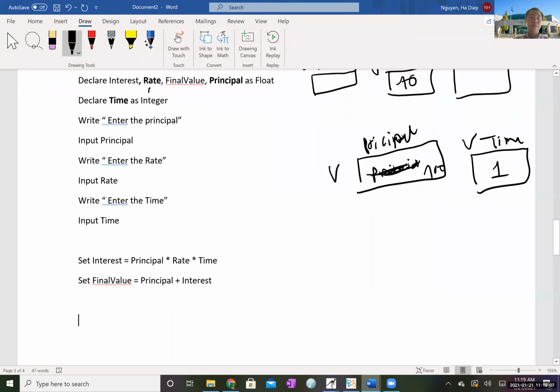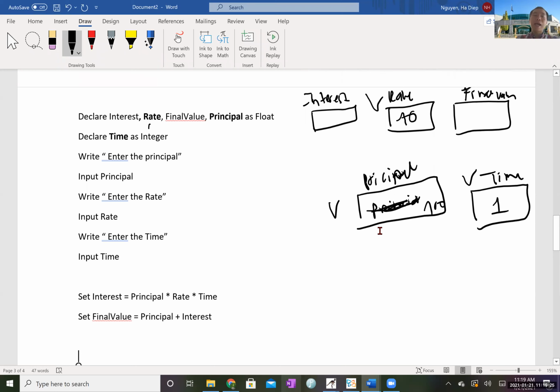The last one, what do you think? What's the last thing you have to do? Print the output, like a string saying the final value is, and then the final value variable. You see, after the calculation, you already figured out what the interest is. You already have something stored in the interest memory slot, and you will have the final value stored in the variable. So the last thing is you just take it out and print it out to the end